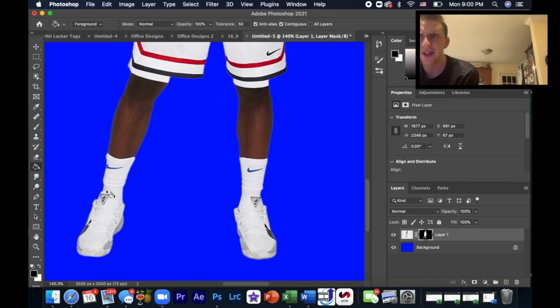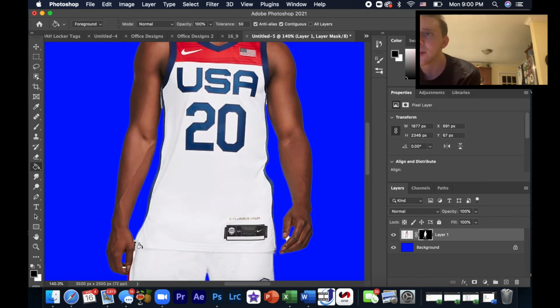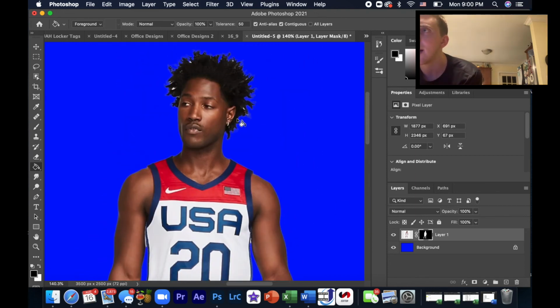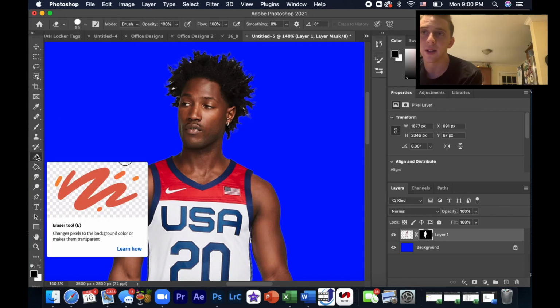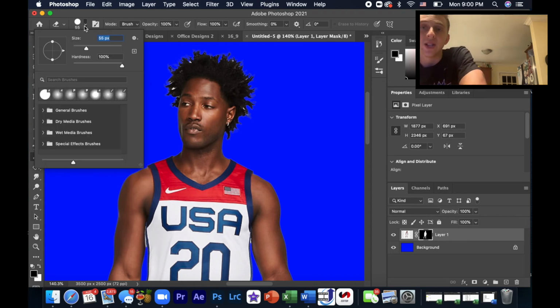You'll see like down here around his ankles, it's not perfect, little things of white showing up. So it's not a perfect picture, but just to show you, I'm gonna click over here on the left side. This is your eraser tool, all right? And you have to change your eraser tool up here. So I'm gonna make the size smaller, something real small. And my hardness, that just depends. If you want something that has a super faded edge or something with a super sharp edge,